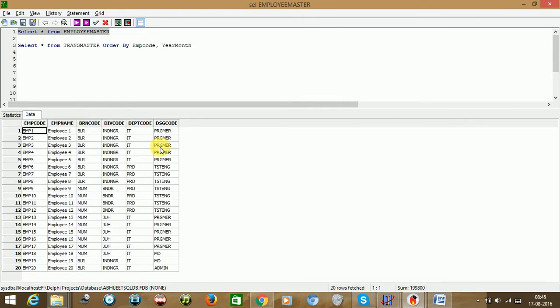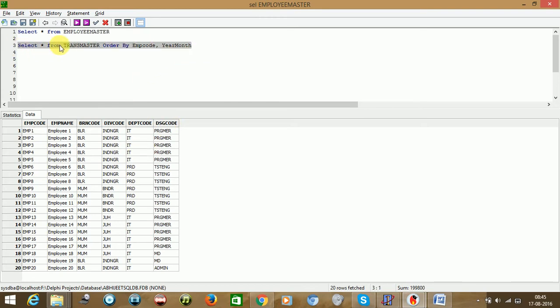I will be sharing this database schema and the insert statements as well, so you can just copy paste them, and I will also provide the code snippet in a zip file that you can use. I'm using Delphi 5 for the time being, and Firebird as the database. But whatever Quantum Grid version and whatever Delphi version you have, you can work with that. Here we have employee code and employee name; these two columns we will be considering. Branch code and division code we are not going to use; I created them for some other purpose.